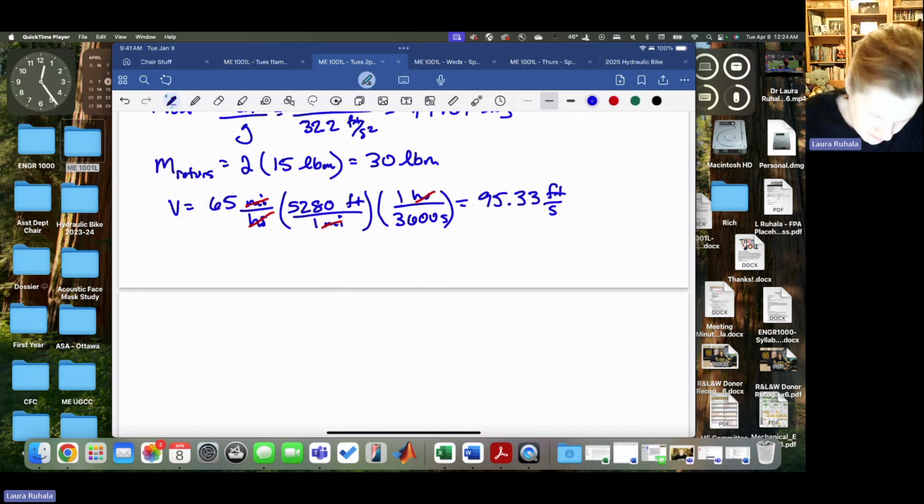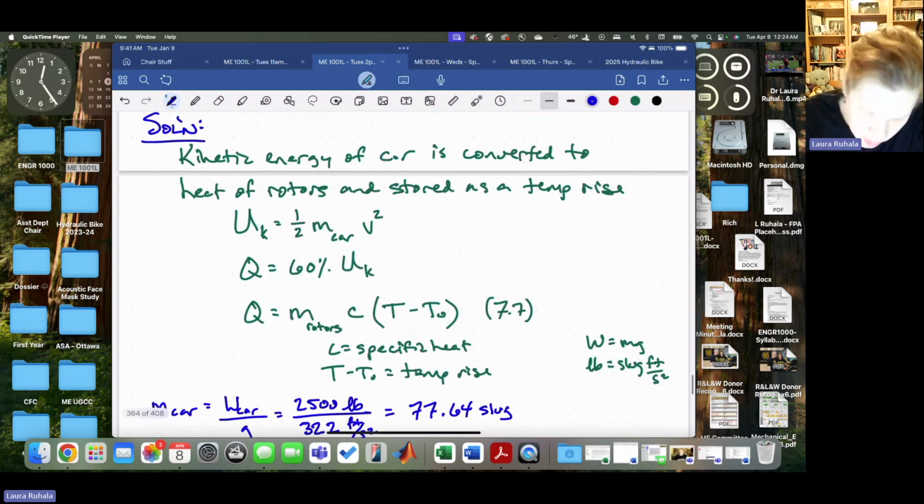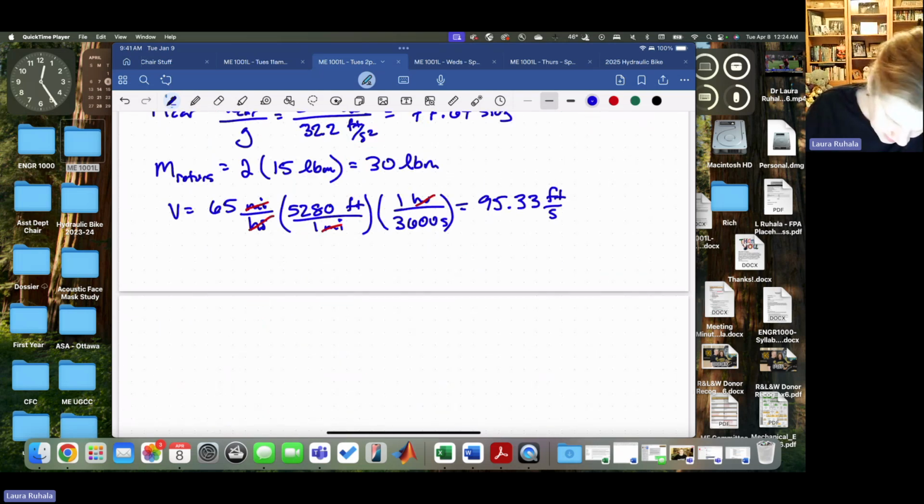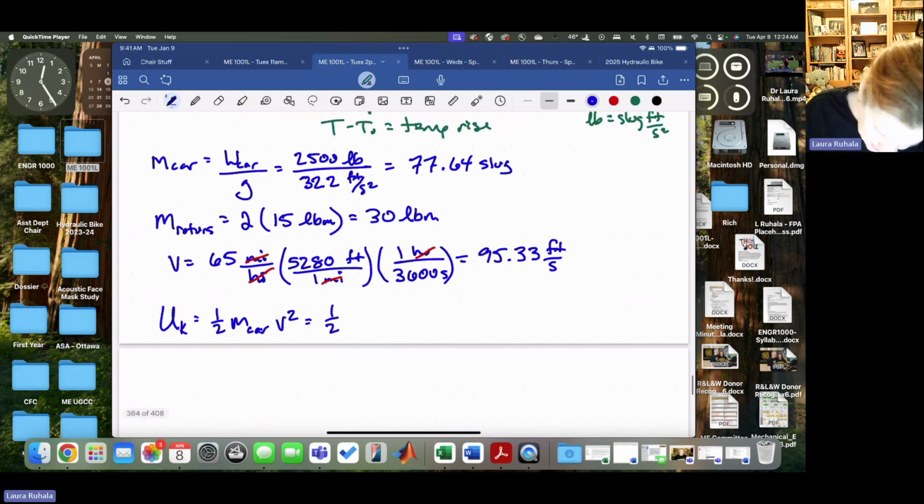All right, now what? Kinetic energy of the car is converted to heat. So let's go ahead and calculate the kinetic energy of the car. So it's going to be 1/2 mass of the car times velocity squared. So we can do that. The kinetic energy, 1/2 mass of the car times velocity squared. It's 1/2, that was 77.64 slugs